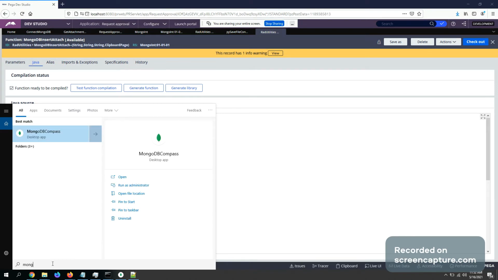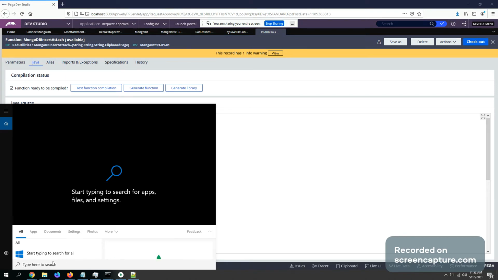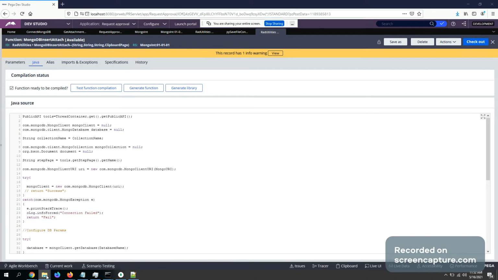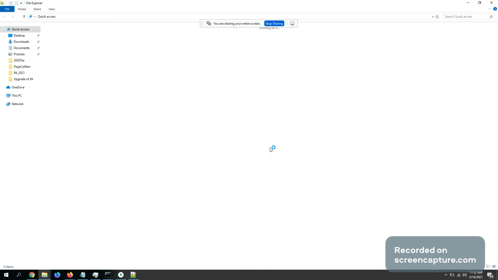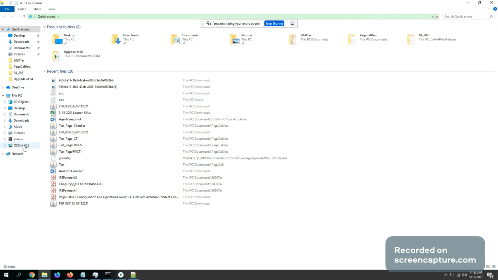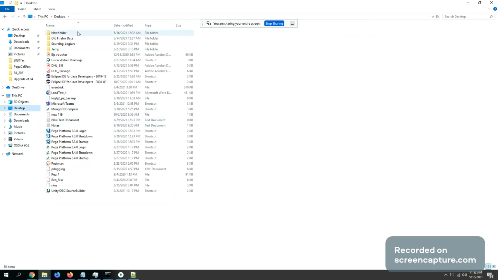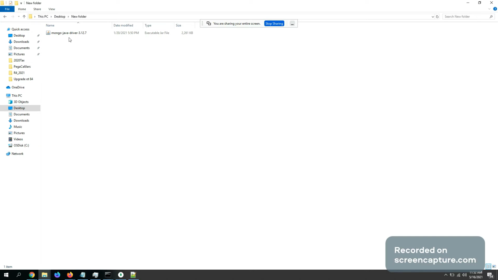Let me open a file explorer. So the Mongo Java driver 3.12.7. You can even go ahead with a more advanced version, 3.2 or 3.3, something like that. So this is the Mongo Java driver which you can download.